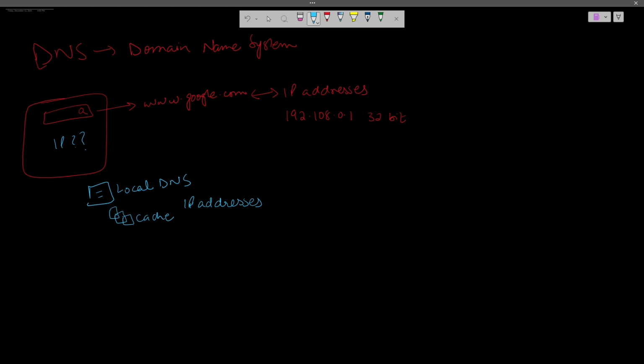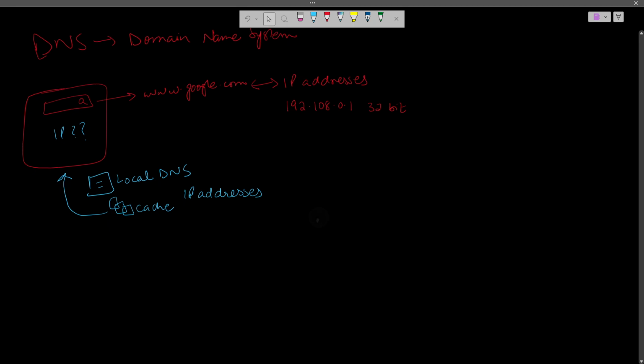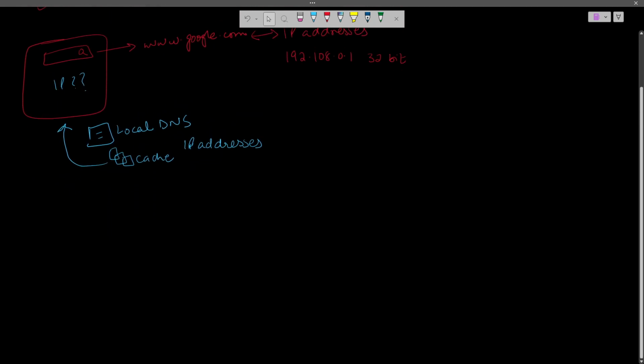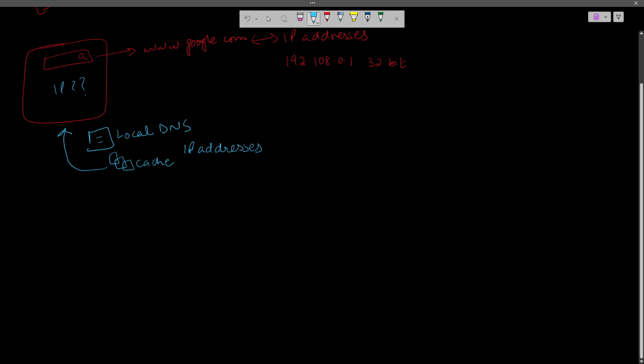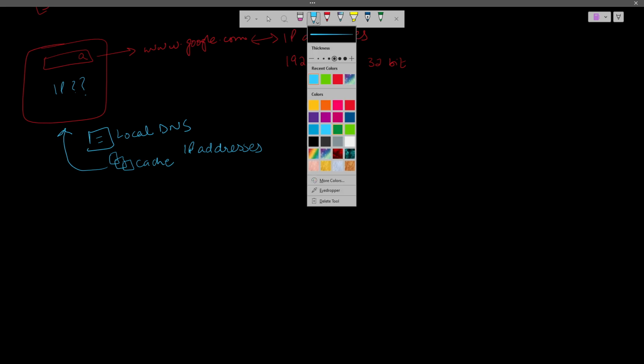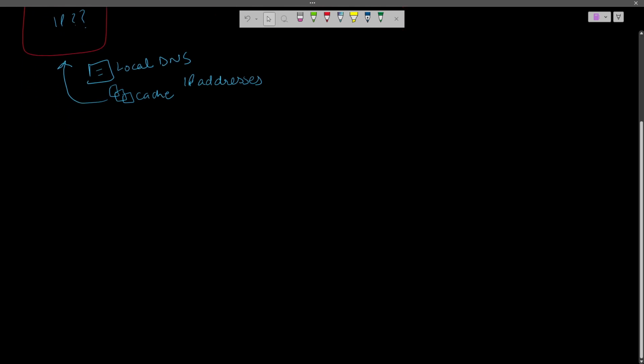If you have visited google.com recently, it's going to already know the IP address from the cache, and it's going to visit that IP address. But if the IP address is not found in the cache, what is your browser going to do then? Then it's going to talk to a public DNS server,